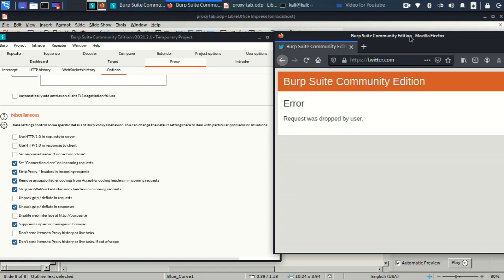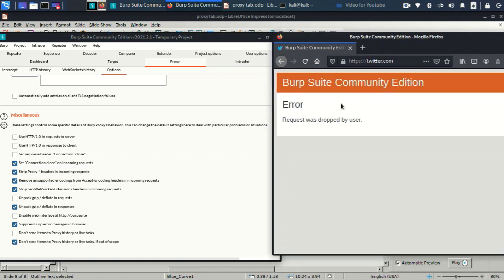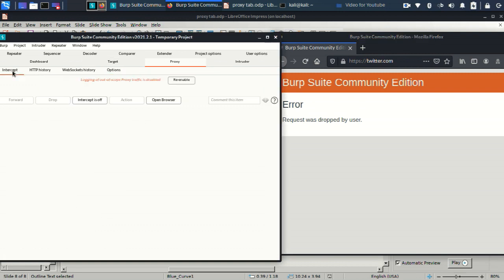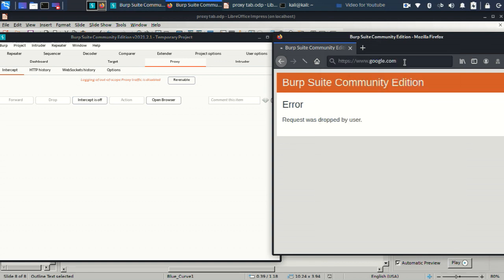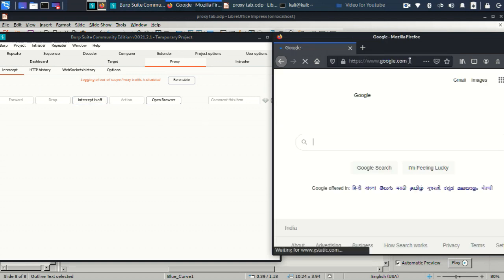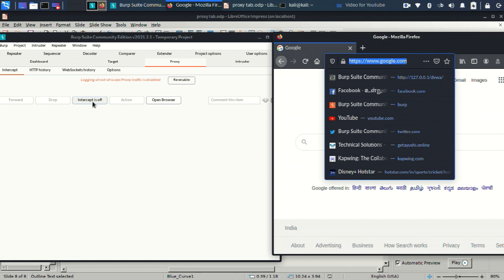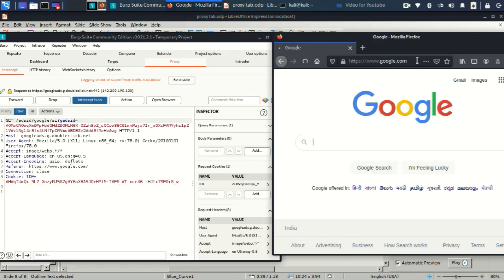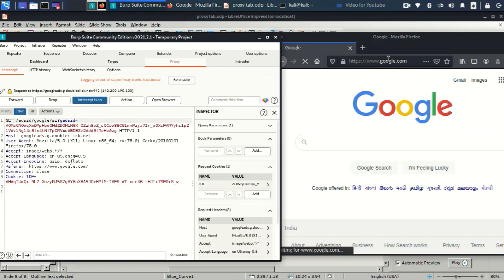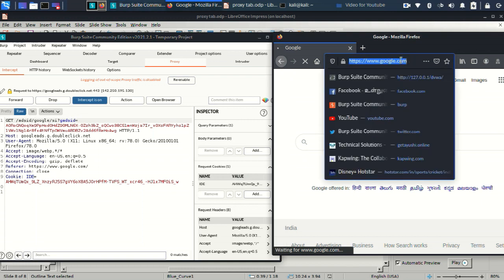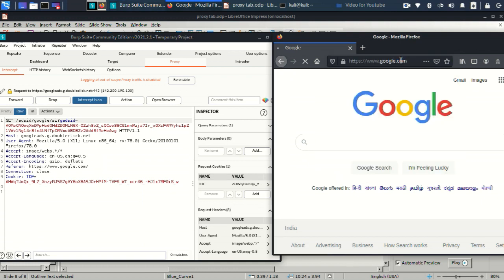Go to our intercept. Just type, say, google.com. Okay, wait. Make it on, and then again type google.com. So drop the request. See, now if you drop the request, let me drop everything.